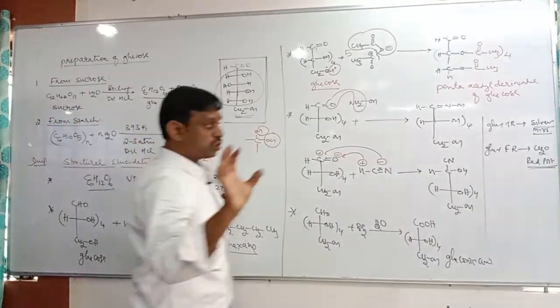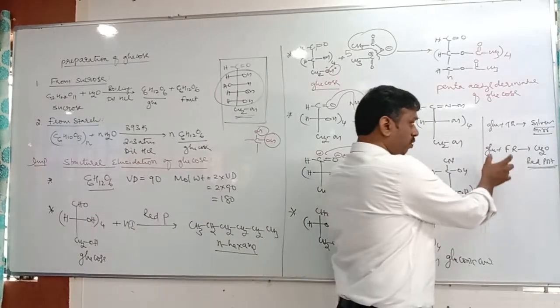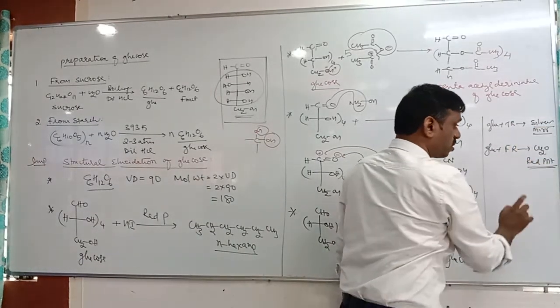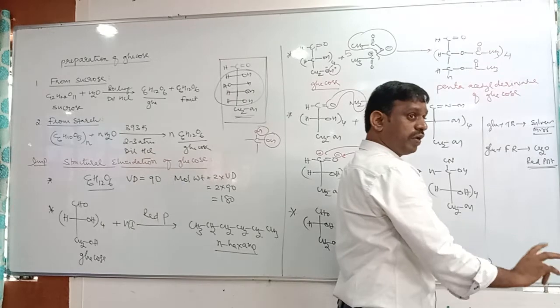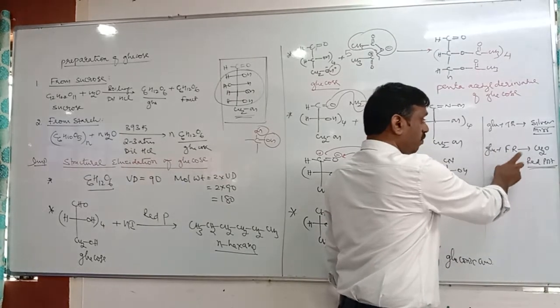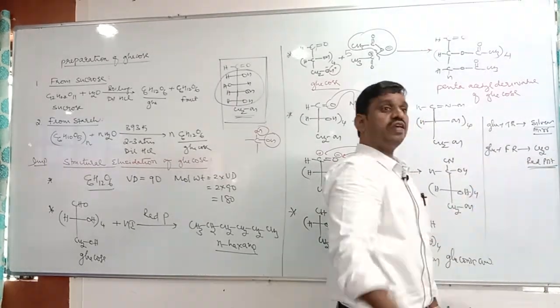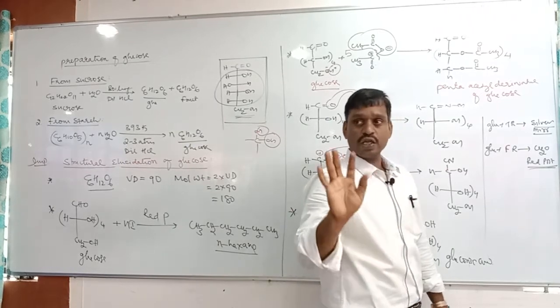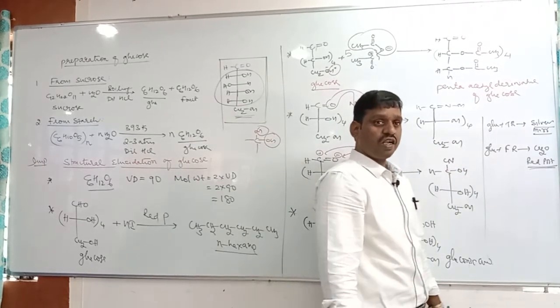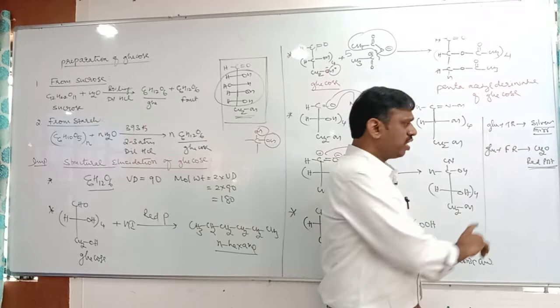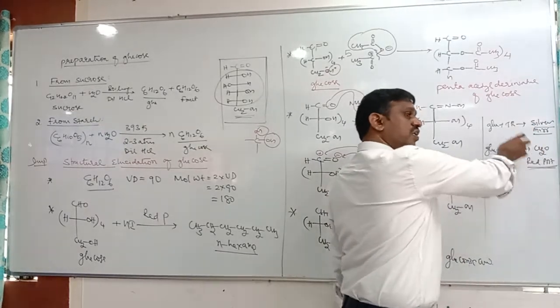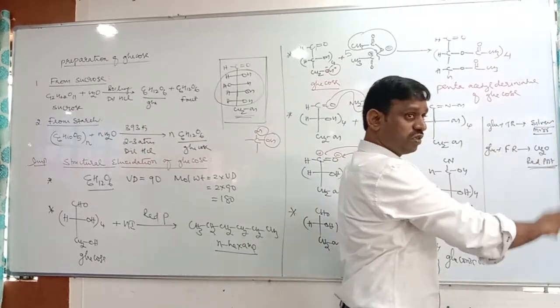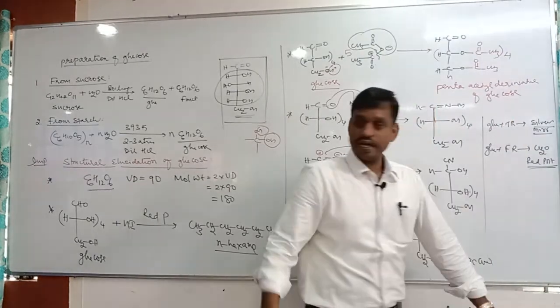Suppose glucose contained a keto group, would you get a silver mirror and cuprous oxide red precipitate? No. So the Tollens test and Fehling test are for aldehydes only. Only aldehydes can give the Tollens and Fehling tests, but not ketones. This is not in NCERT, but this reaction also supports the presence of an aldehyde group.